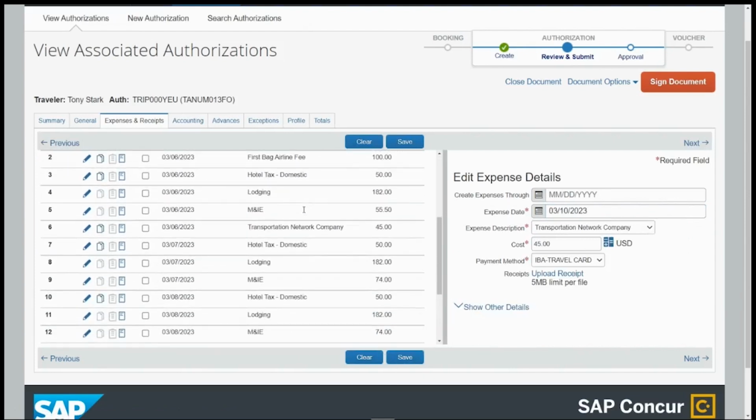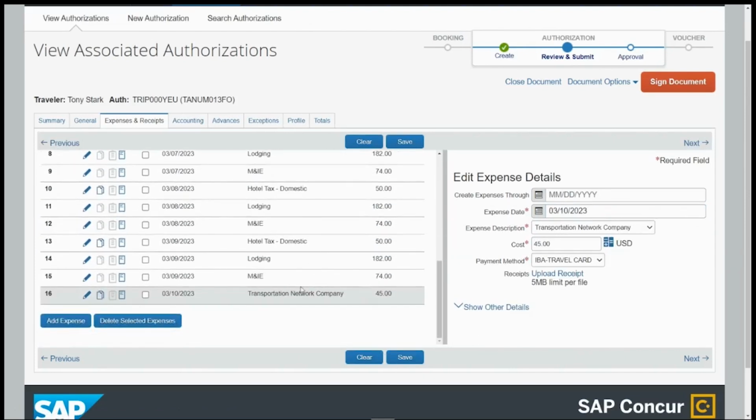Returning to the expenses table, we can see that the copied transportation network company expense is now requested for March 10th. As you continue to plan your trip, follow the process we have just learned to add the relevant expense types and amounts to your authorization request. For this demonstration, we will not add every type of travel expense, but before we leave the Expenses and Receipts